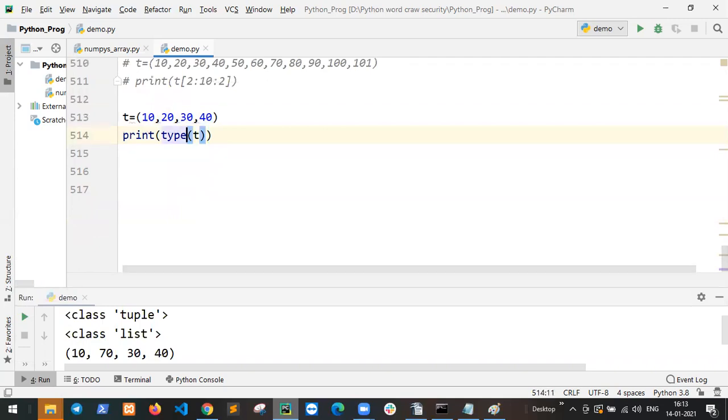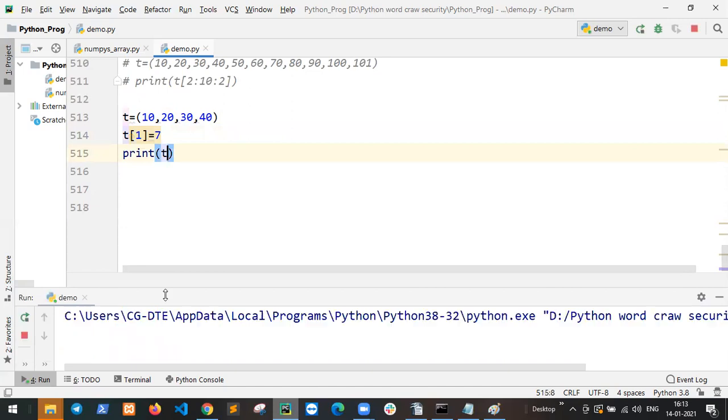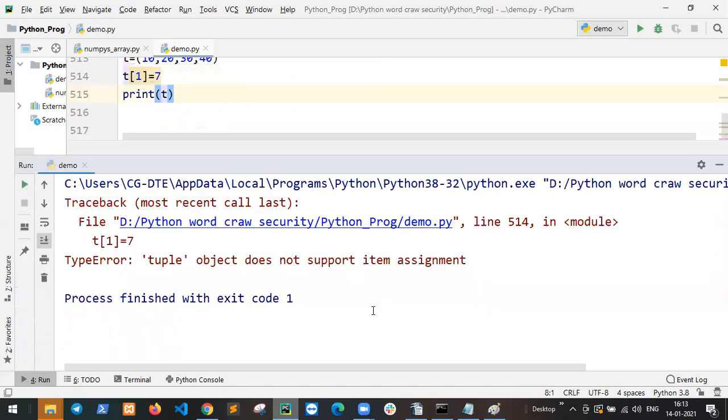So do not confuse. If I say t of 1 equal to 7 and print t, this is an error: tuple object does not support item assignment. Got it? Only the simple way. Prayas, understand?